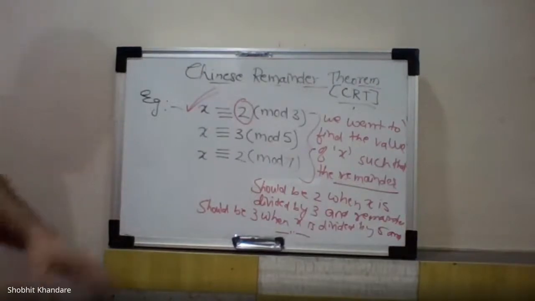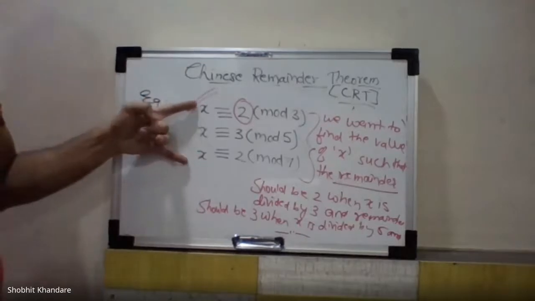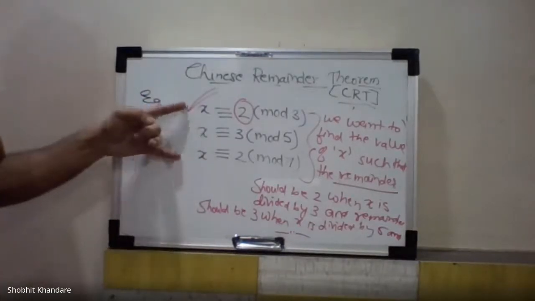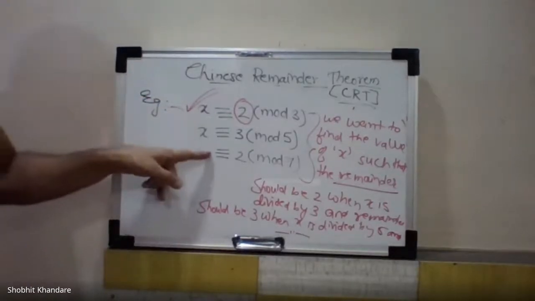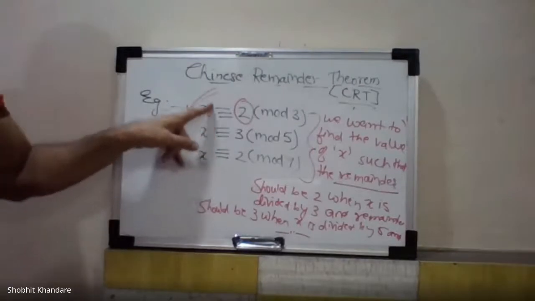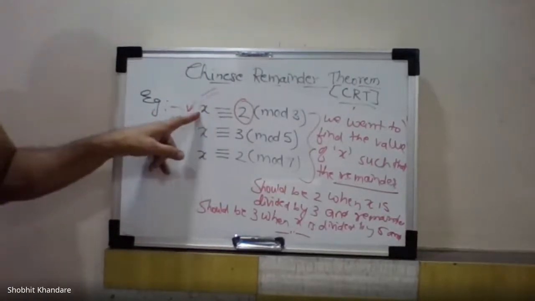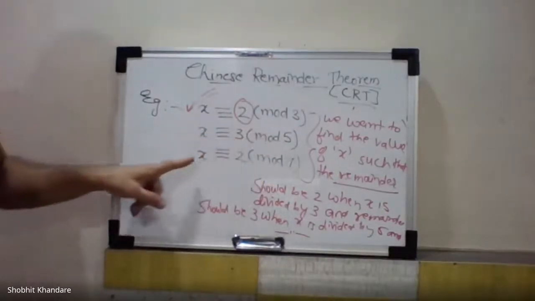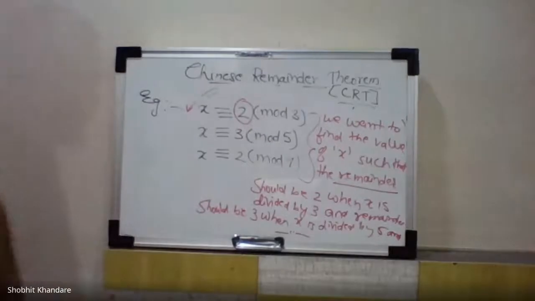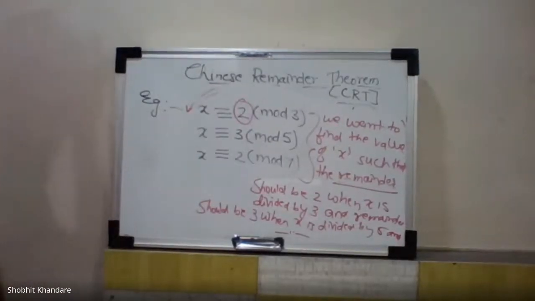Okay. So this is the problem now. Now I hope you have understood the problem. What is the problem statement? What solution do we have to find? What is given to us? We have to find X which is common. And I want to find the value of X such that when you divide X by 3, remainder 2, X by 5, remainder 3, X by 7, remainder 2. Okay. So this is a problem and we'll see how to solve this.